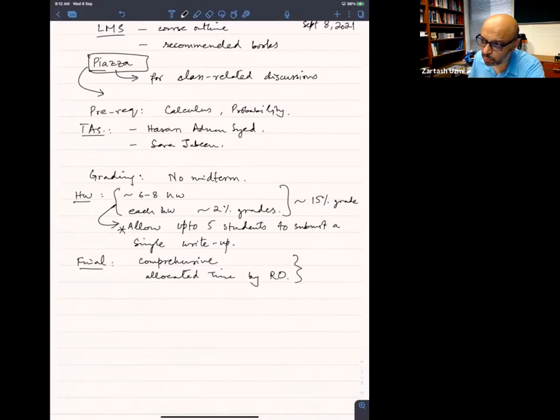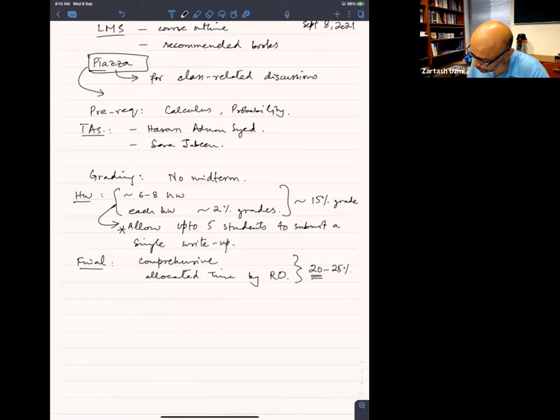It takes a very long time to make a final, especially in an online setting. Sometimes as long as 3-4 days to make a final which is error free and is suitable for solving online and submitting the solutions online. So we are not going to have multiple finals. Just be prepared. If there is a clash with the final exam of another course, we would suggest that you resolve it right away. I am not going to accommodate final exams outside the allocated time. So this would be about 20 to 25%, maybe close to 20%,